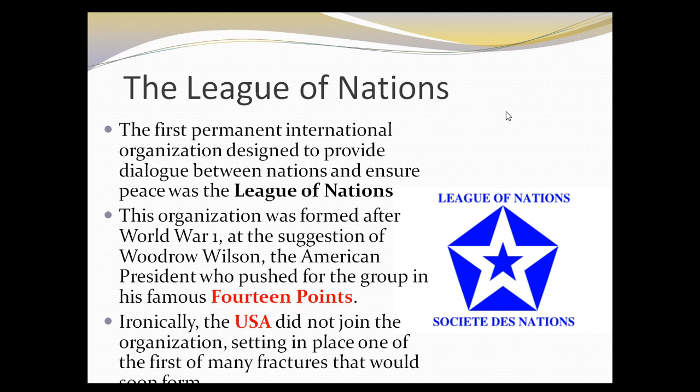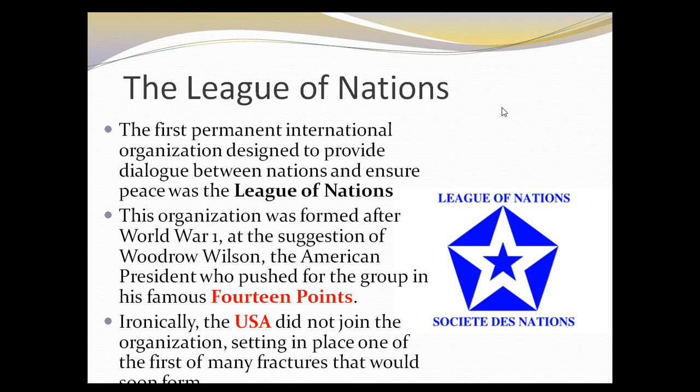So if there was a threat that was unnecessary from one country towards any member nation, then the League would hopefully step in and not only provide dialogue, but also, if necessary, provide for military support to provide really just security against that kind of thing, leading into the sort of domino effect that created World War One. Kind of an ironic thing that Woodrow Wilson had actually promoted the League of Nations, and we'll talk about this in a few minutes. The Americans really should have been there.